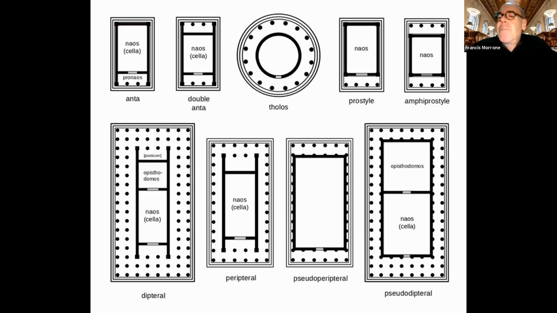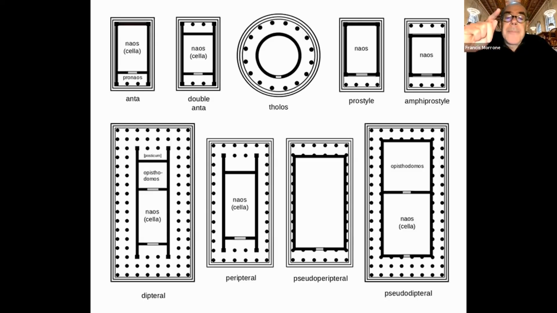To its right, you see a prostyle temple. And because there are 4 columns in the front, that's actually a tetrastyle prostyle temple, and that's how we say it. You actually get up in front of a classroom and you say, this is a tetrastyle prostyle temple. And you have the 4 dots at the bottom, that's the 4 columns in the front. And then to the right of that, 4 columns on the bottom, 4 columns on the top, meaning front and back. So tetrastyle, amphiprostyle temple, and so on.